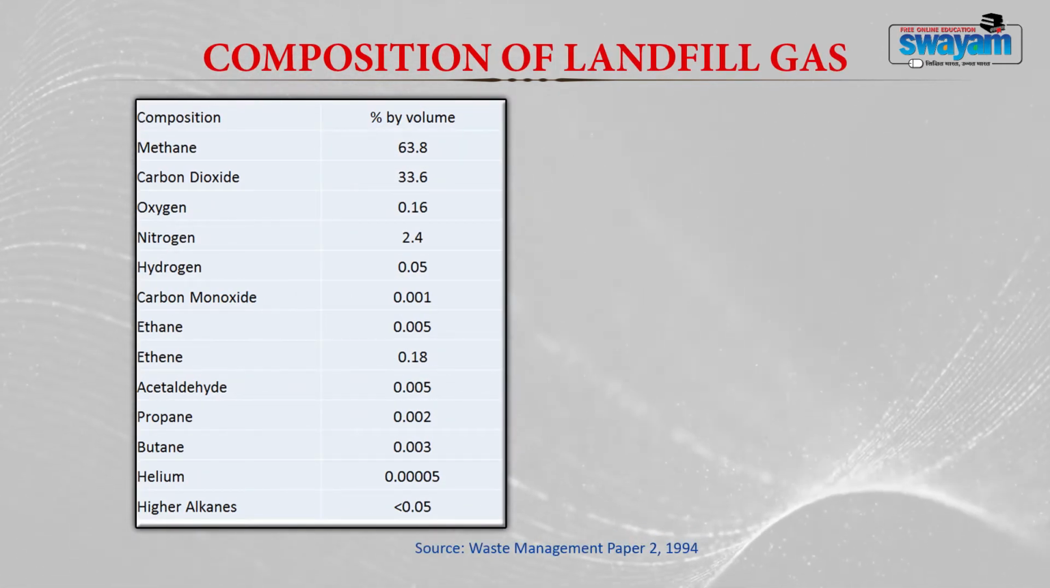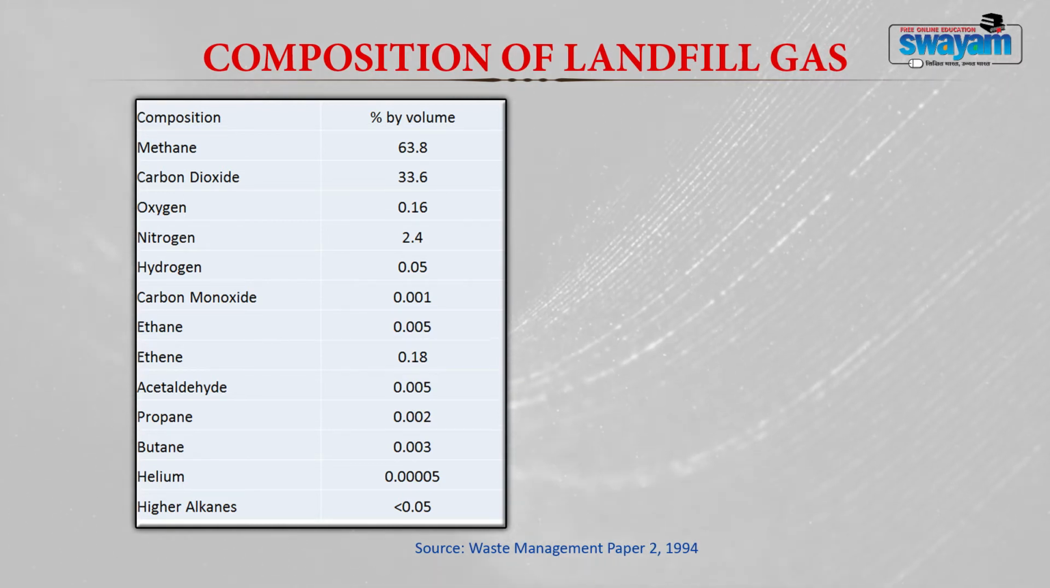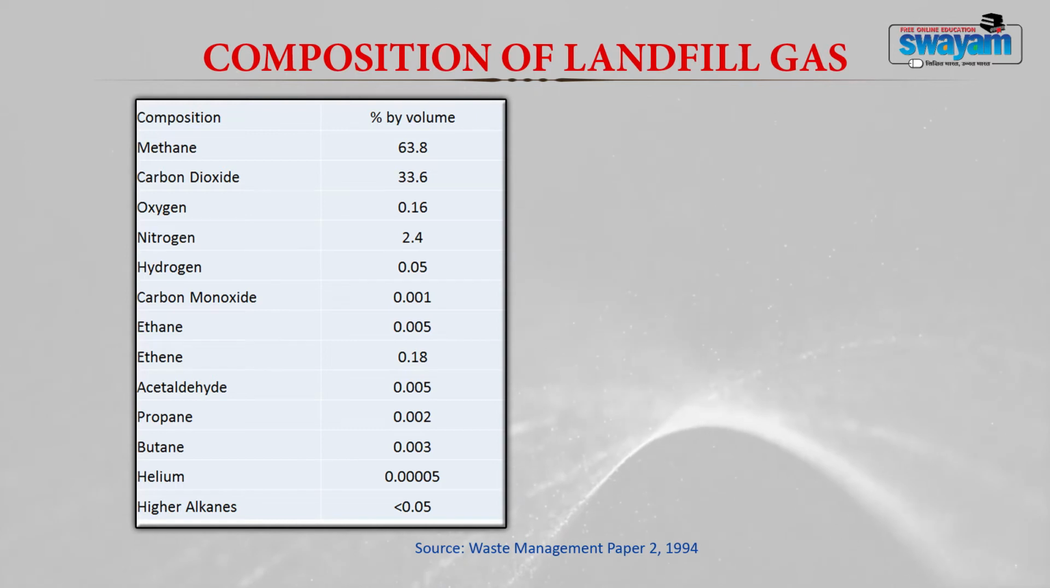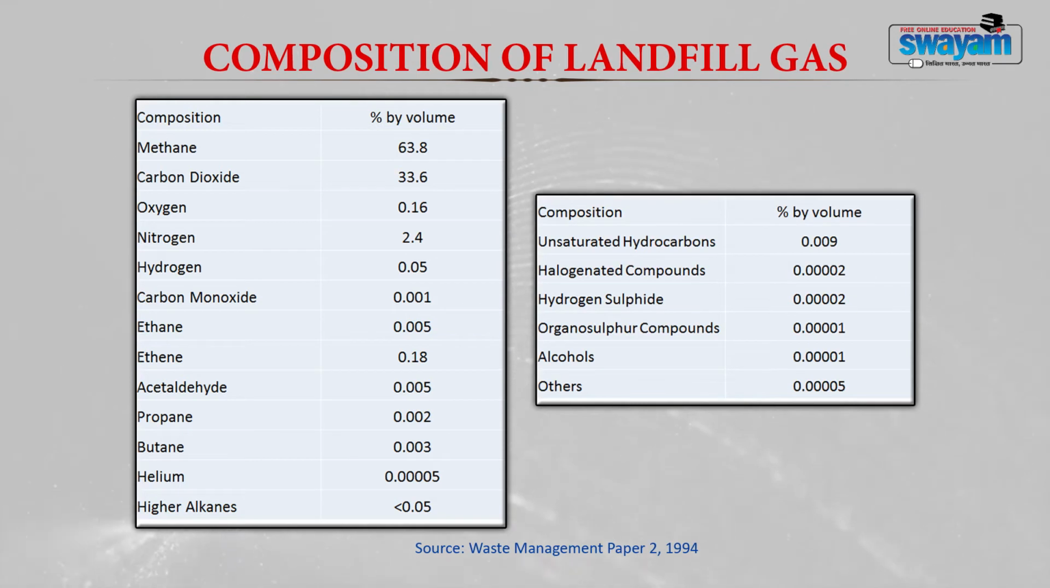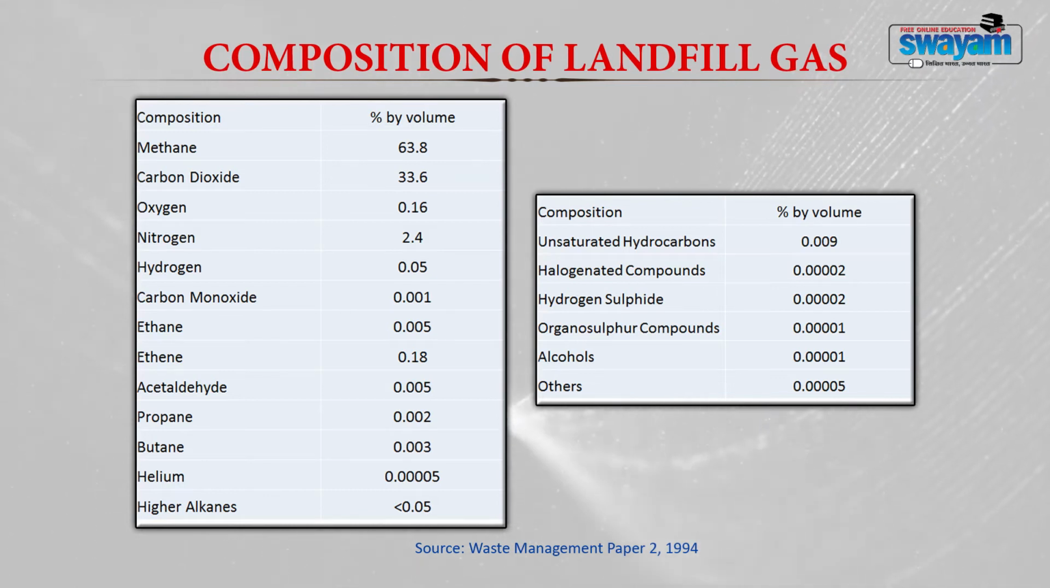You can see methane is a major constituent of the landfill gas, which constitutes about 63.8% methane and 33.6% carbon dioxide. Now, oxygen is very less, about 0.16%, nitrogen is 2.4, hydrogen is 0.05. Other gases are present at trace levels, like carbon monoxide, ethane, ethene, acetaldehyde, propane, butane, helium, alkenes, etc. Generally, unsaturated hydrocarbons, halogenated compounds, hydrogen sulfide, organosulfur compounds, and alcohols are also present as part